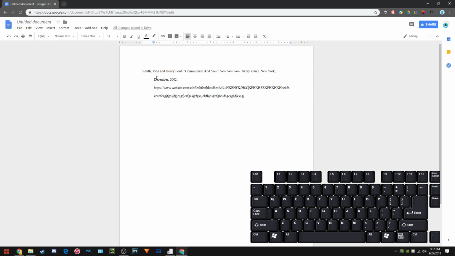So back to what I said before, you need to find where it is, you need to hit the enter key, and then that will go back to the previous line. Remove the functionality again, and there you go. Your source is all nice and cited. You put all the information that you can find, like if you have a more specific date or a more specific publisher, you have multiple authors, you do all that, but this is really all you need to cite your